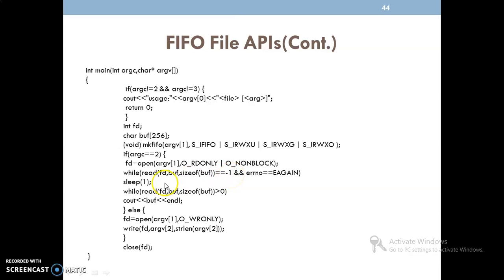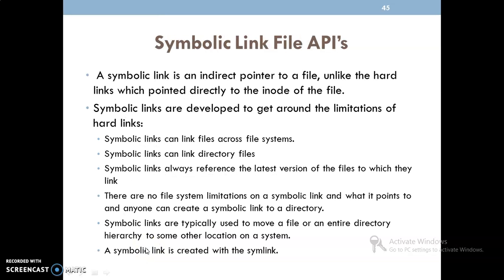The same contents we are writing to the standard output by using cout. This is only happening if mkfifo gets failure here. Is it clear? This part is only executed if mkfifo is failing, or else we are opening that particular file in read only. We are writing the contents to the particular file descriptor. At the end, we are closing the corresponding file descriptor.